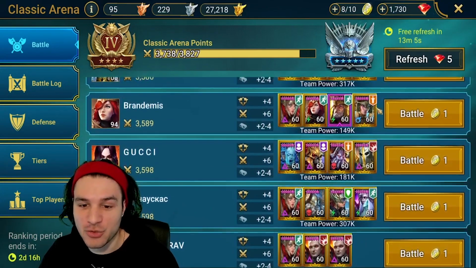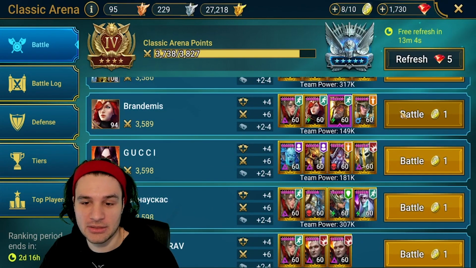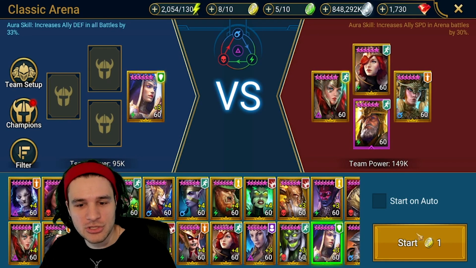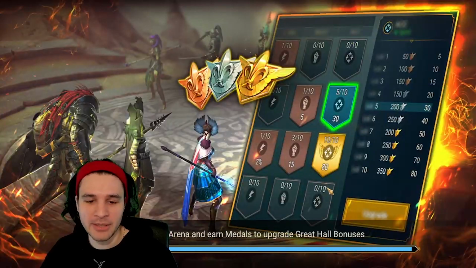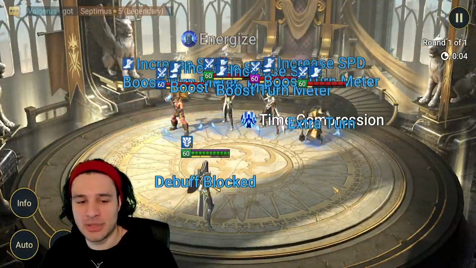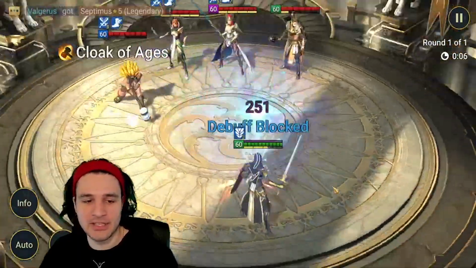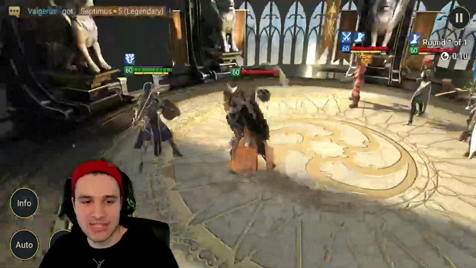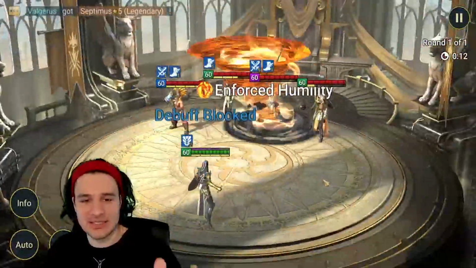We can fight a Trunda. This could be pretty interesting here. Let's try to fight this Trunda team here. Their team power is a little bit low, so maybe they aren't going to be the most geared, but with them going first, they should be winning no matter what, right? They should just be winning. Trunda did 5,000 damage as a strong affinity champion against